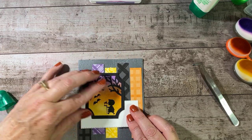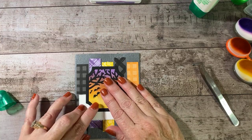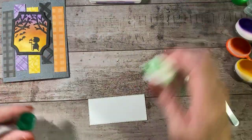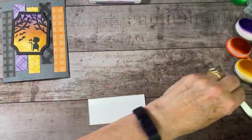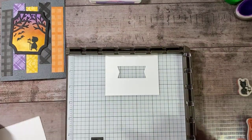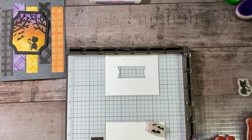Okay, now we're going to take this piece. We're going to put it over here a bit, like this, and this is going to go under here, like so. Actually, I want a little bit of that black over there showing. So I'm trying to get this so I can see all of the colors underneath. Put this on. And then put some bats in these 2 corners. Okay, so now that I know about where I need those, I'm going to take my